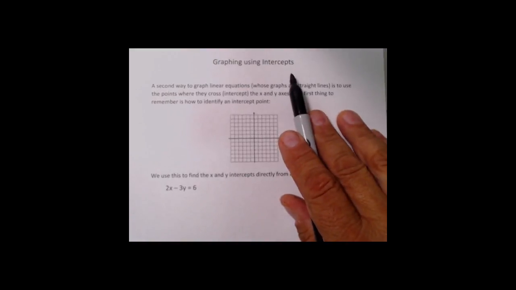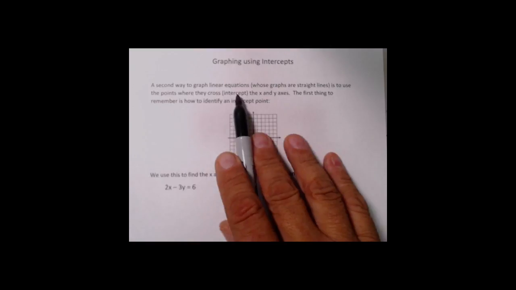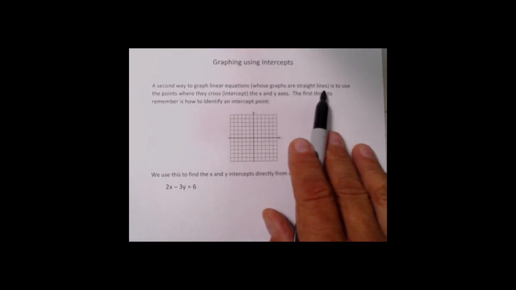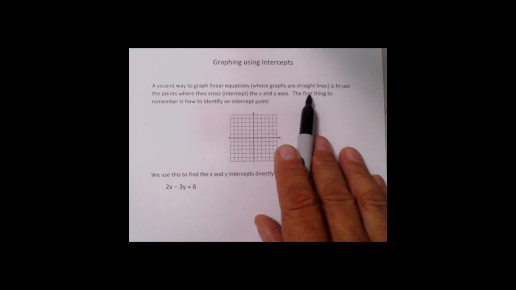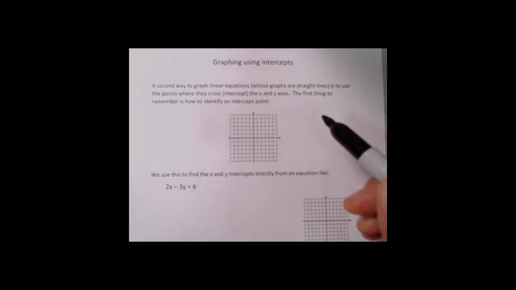This is actually my favorite graphing method for linear equations because it's the quickest one for us slow humans that take a long time to do calculations. Anyway, this is the second way to graph linear equations. Remember, the reason they're called linears, the graphs are straight lines. And the key here is we're going to make use of the points where they cross or intercept the x